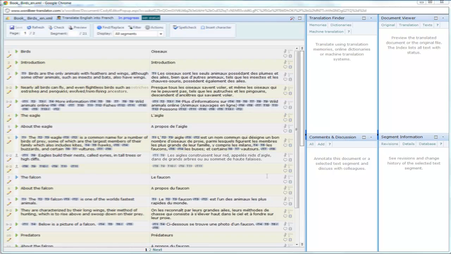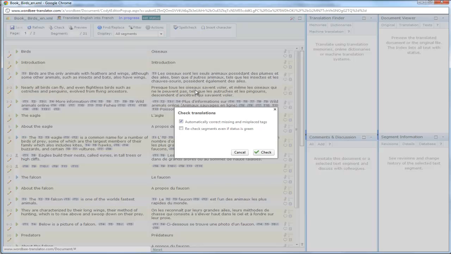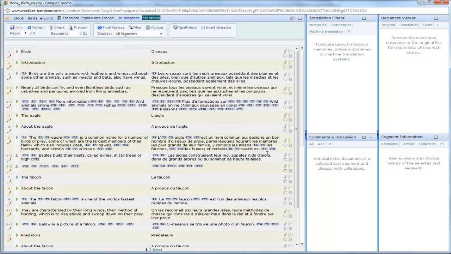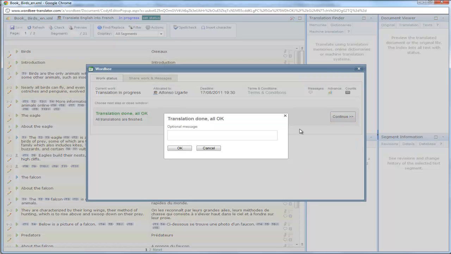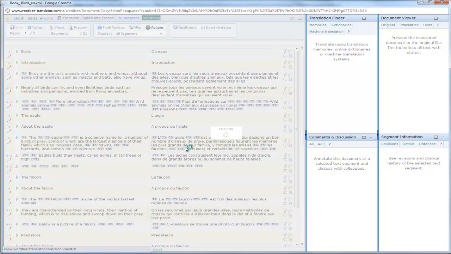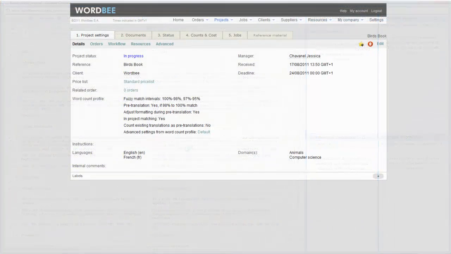Once the job is finished, the translator has to run the check button to find potential errors. He then sets the status of the job to completed and types down a message that will be visible on our online workspace. Messages are optional. We receive a notification telling us that the job has been completed by the translator,